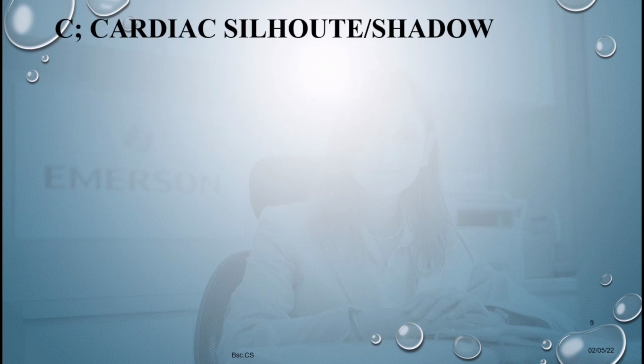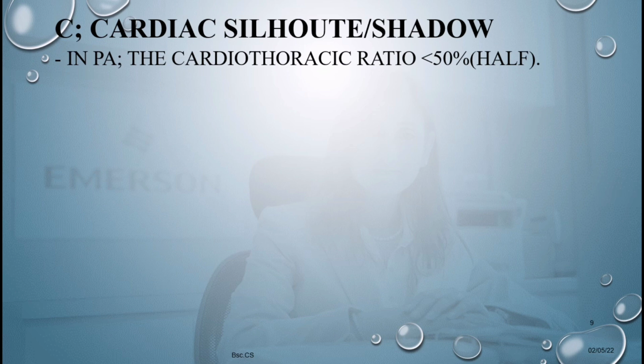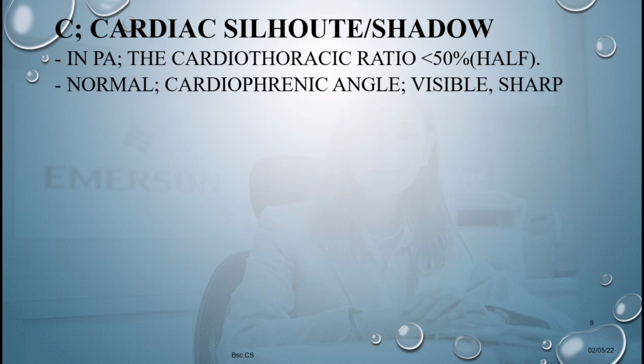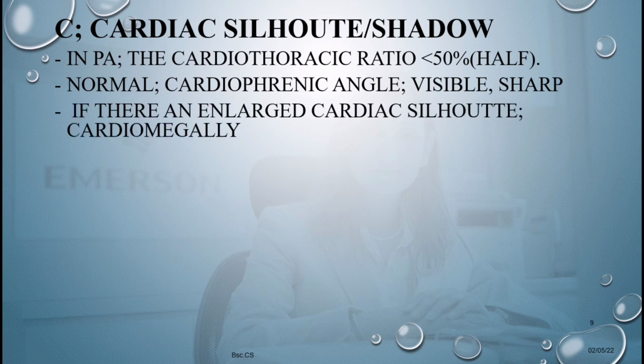Then C is cardiac silhouette or shadow. So in posterior anterior, the cardiothoracic ratio is less than 50%, which is less than half. Then the normal cardiothoracic ratio should be visible, and the cardiophrenic angle should be visible and sharp. Then if there is an enlarged cardiac silhouette, we say it's cardiomegaly. Then the other thing you can use to check for cardiomegaly,